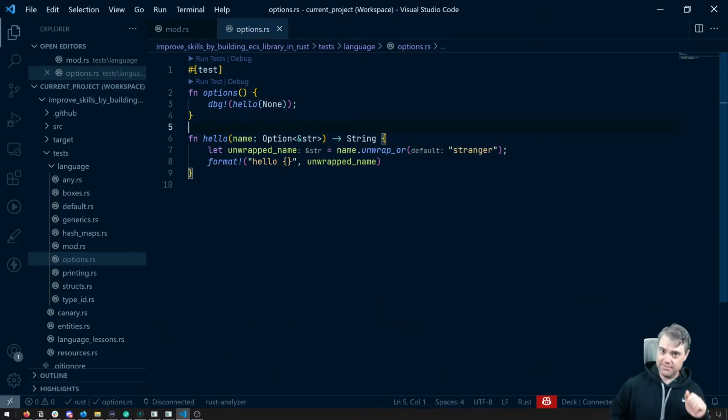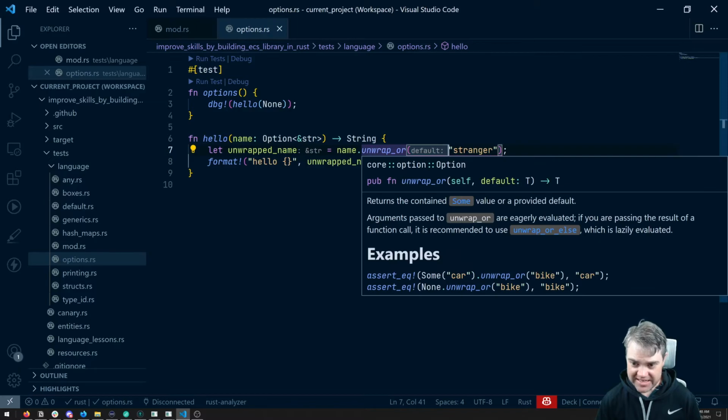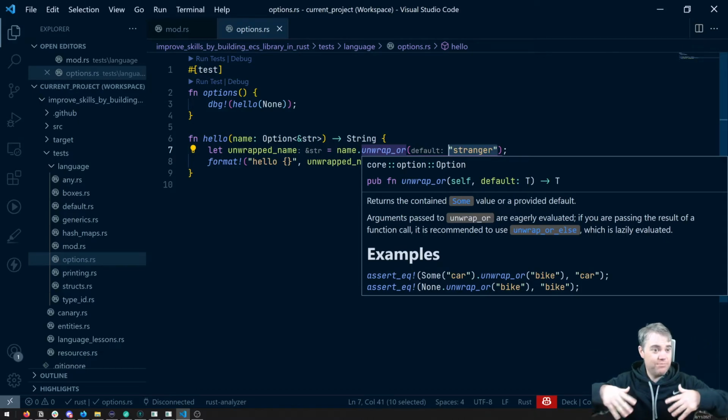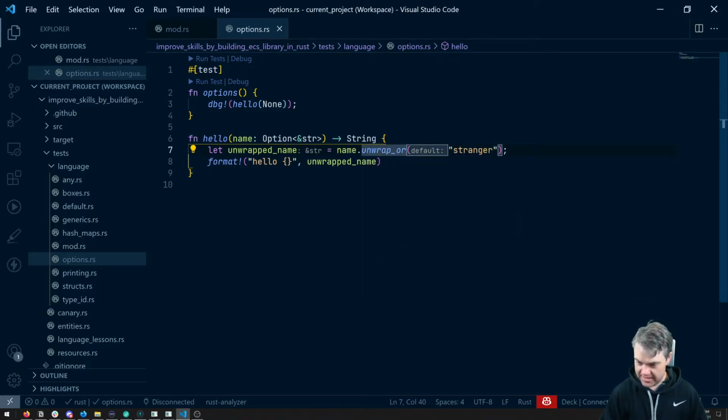Now, sometimes Clippy might yell at you and say, hey, this unwrap or should really be an unwrap or else. Now, the reason for that is because whatever is in here is evaluated eagerly, even if it's a Some. Then you don't ever need that value, but you still have to figure out exactly what's going to happen with this code here. So if you have something that's a little bit more complicated, then Clippy is going to want us to use unwrap or else, which takes in a